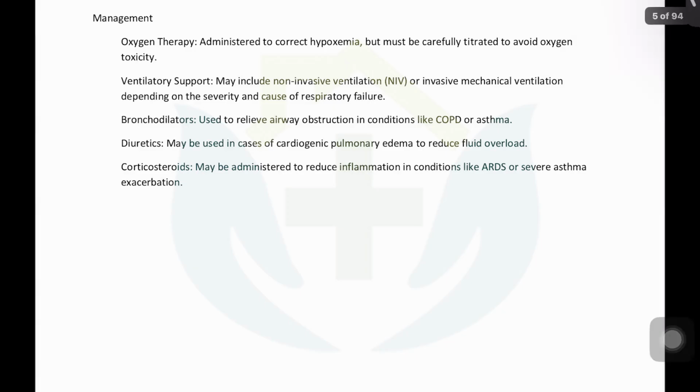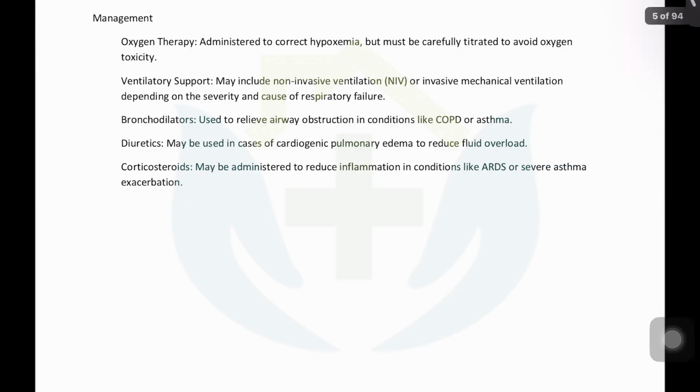Now, oxygen therapy is different from ventilatory support. Just by giving oxygen, you can give them higher FiO2, you can give them higher chances of saturating their blood with oxygen. But ventilation means the inhalation and exhalation process. If you are helping something on that front, that is called ventilation. And you can give that support by non-invasive techniques like NIV, BiPAP, CPAP, or you can intubate a patient and put the patient on a ventilating machine.